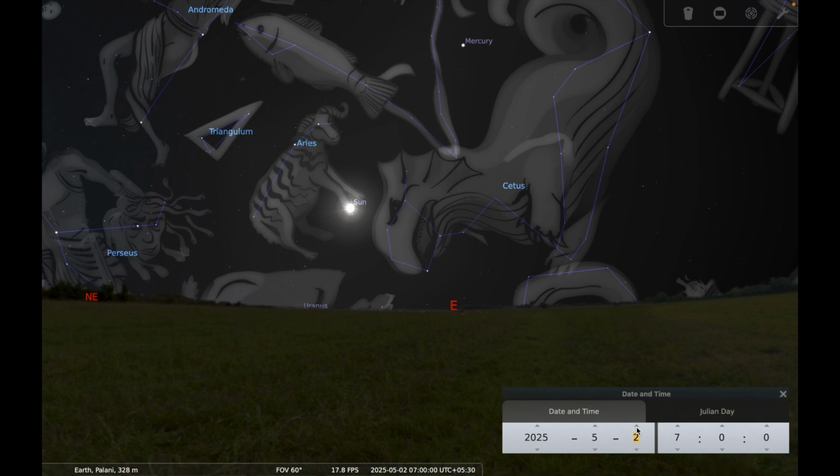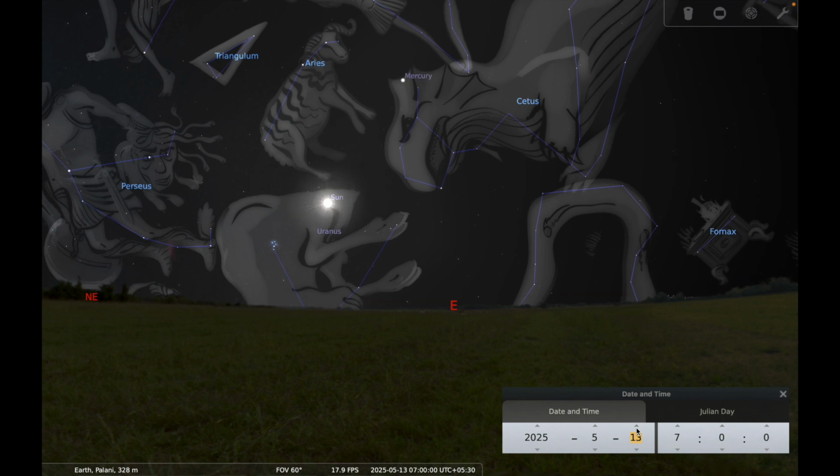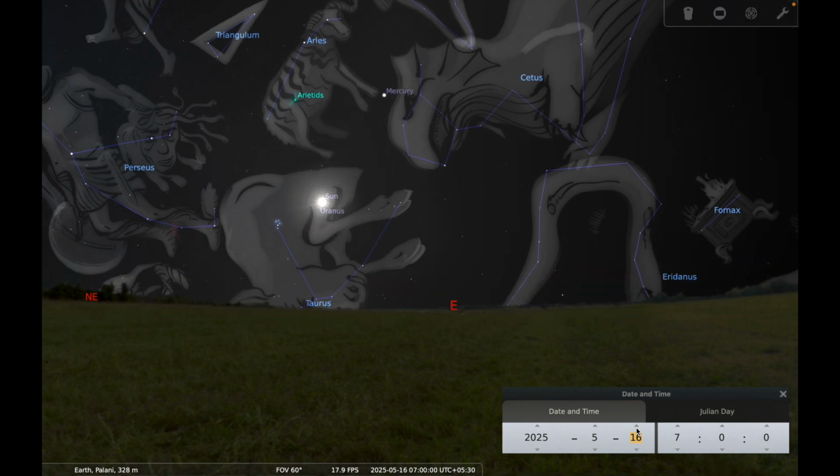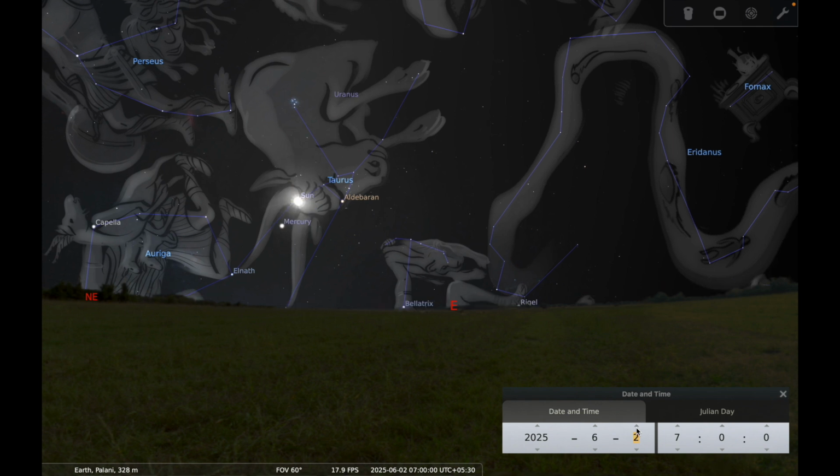This constellation seems to be in the background of the sun when it comes to May month. As we move through May, almost in the mid of May, the sun has left Mesha Rashi and has entered the Rishabha Rashi, the Taurus